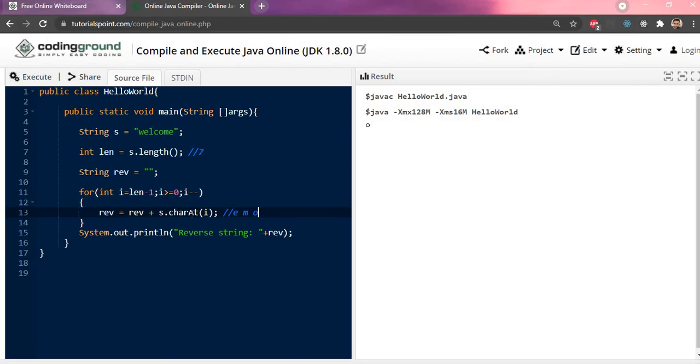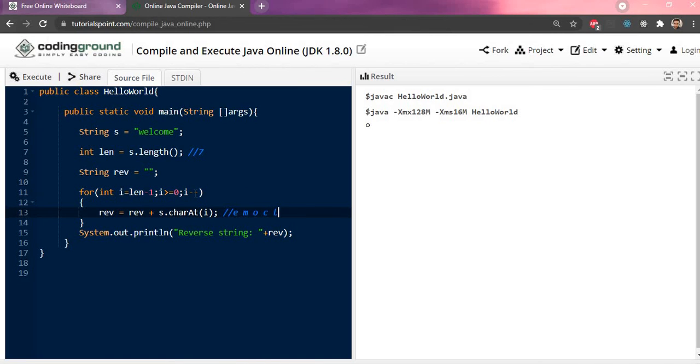Then again, what is my third index value? 0, 1, 2, 3. C. C came here. Now 3 will get decremented to 2. The i value is 2. 2 greater than or equal to 0. So it will come again here. 0, 1, 2. The second index value is L.